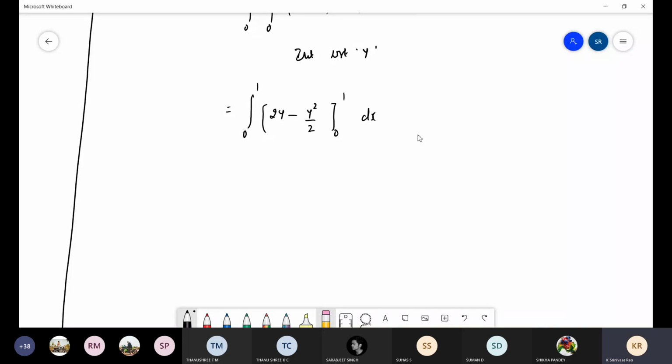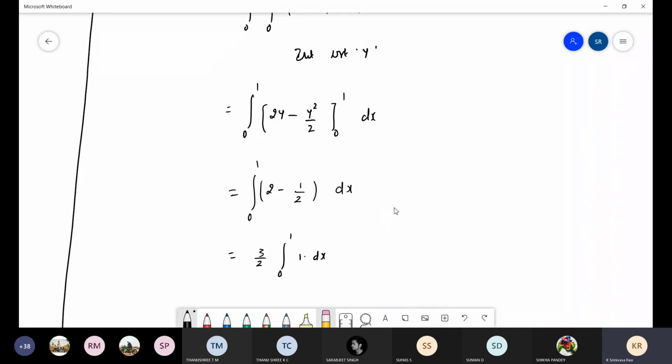Yes, you will get the upper limit to the integral. I will write it as it is, 0 to 1. The upper limit is 2 into 1 is 2, minus 1 by 2. Is it right? dx. Yes, sir. What is 2 minus half? 3 by 2, no? 3 by 2 I will take outside, and the integral 0 to 1 of 1 into dx.